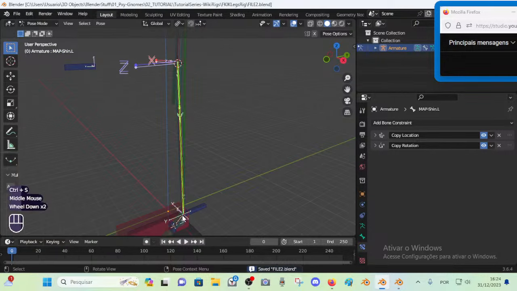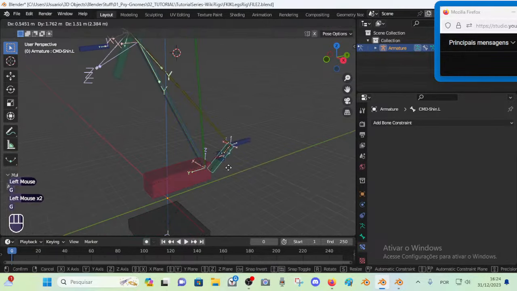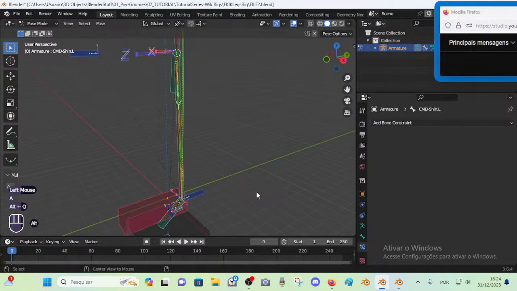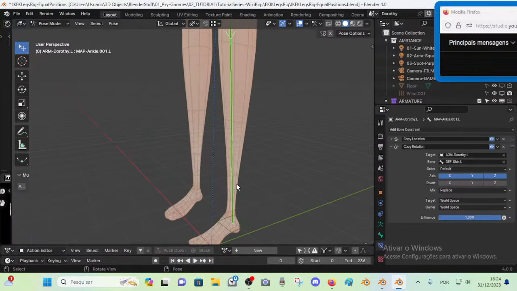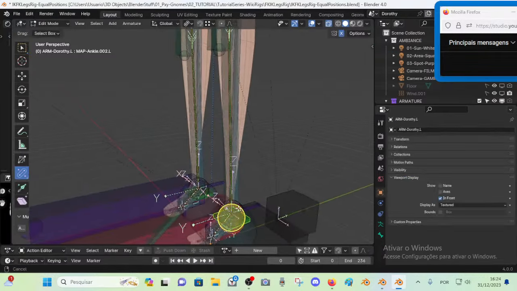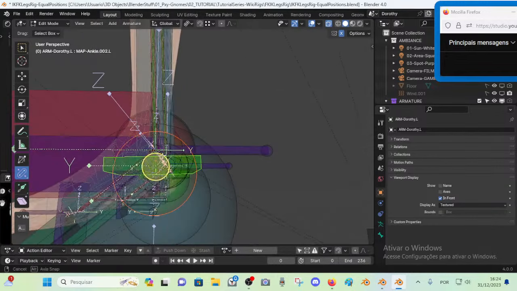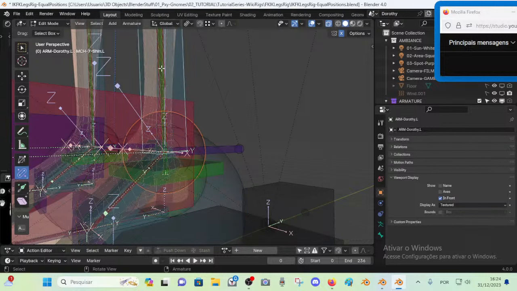And so what that does is that if I... you see, it's following perfectly, and if I stretch, it stays there. So what I could do now is, maybe this is redundant. I don't even need this bone, because what I have done here is that if we go check here,